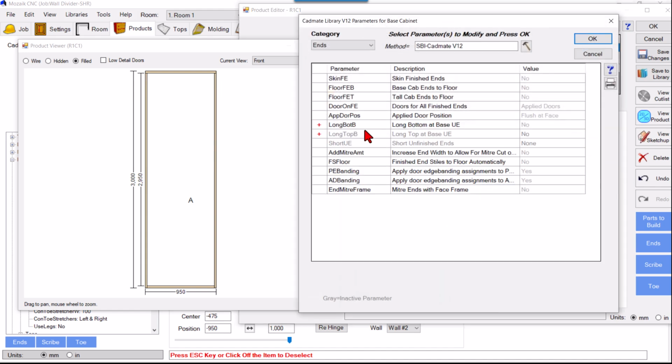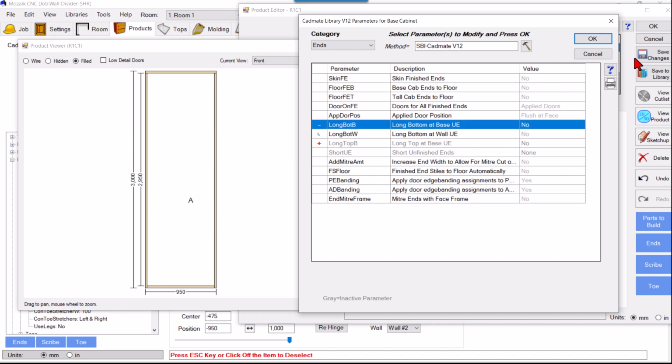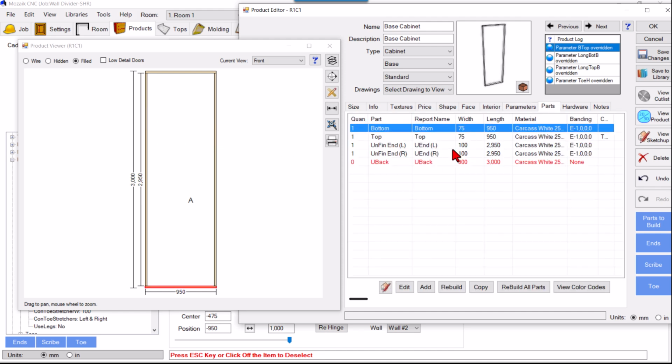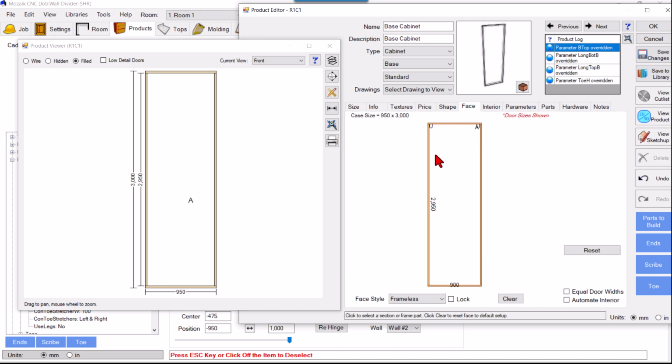Similarly, we will select long bottom for base cabinets and we will make it yes. Now bottom is also full width. So, and these ends are 25 mm thick. You can check here, the U end and U end right, they are 25 mm thick because we need 25 mm gaps here. Okay, now we go in face here, and what we will do,